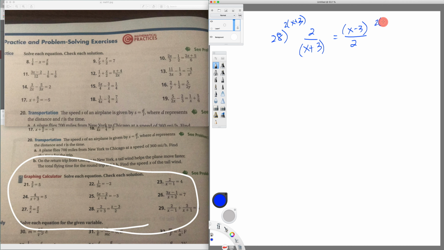And then 2 and an x plus 3. And here the x plus 3's are going to cancel, leaving the 2 times 2, which is 4. Here the 2's are going to cancel, and I have x minus 3 and x plus 3. And so I have to multiply those. I don't know if you all have been taught enough, but those are conjugates of one another. So since one's a plus and one's a minus,